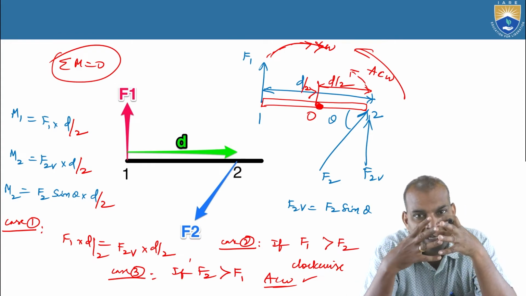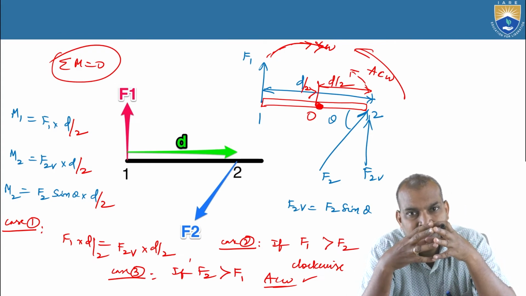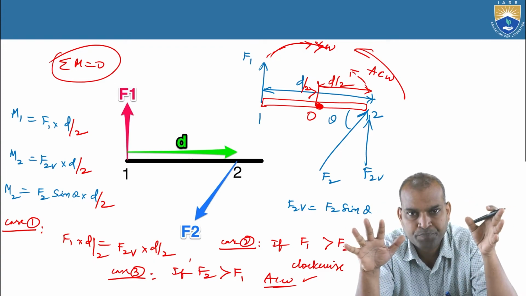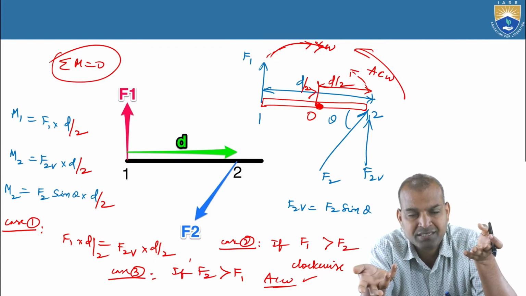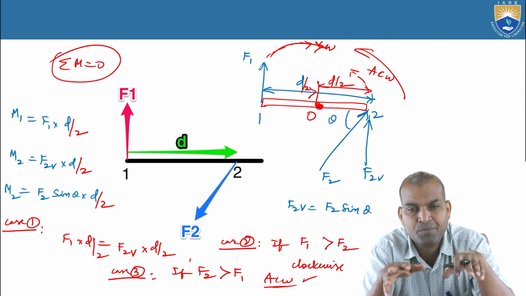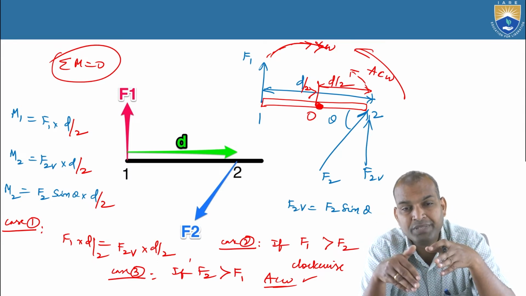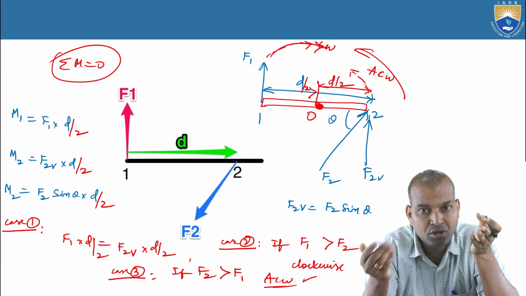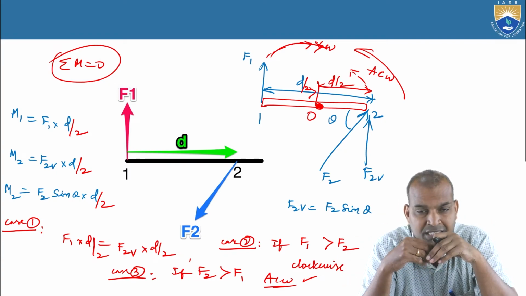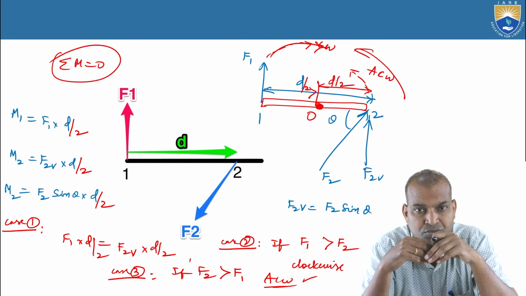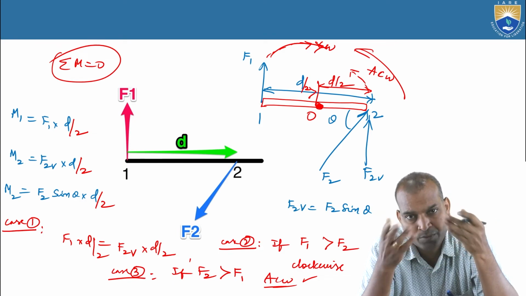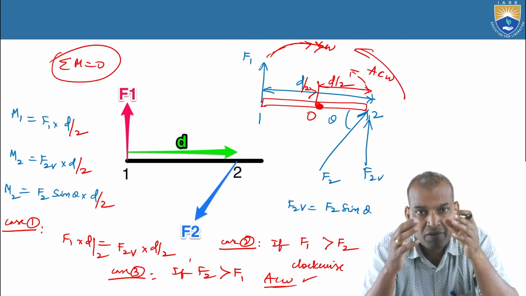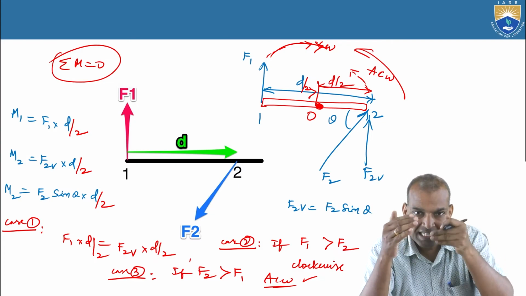Now the physical meaning of equilibrium is that clockwise moments equal anti-clockwise moments; then it will be in equilibrium. How to quantify it? In the language of mathematics, we have to assume that clockwise moments are considered positive, and vice versa. Clockwise moments are positive means anti-clockwise moments are negative. So the way we have to consider is the gap.